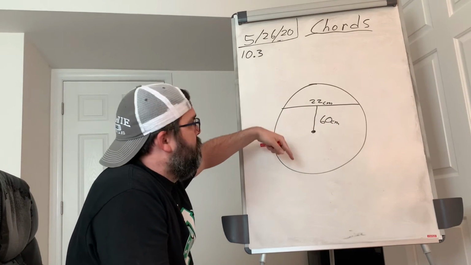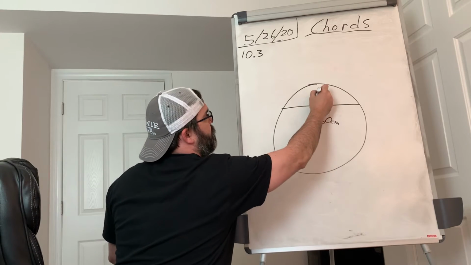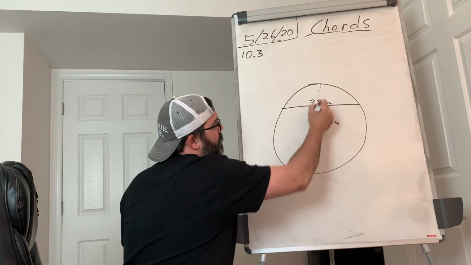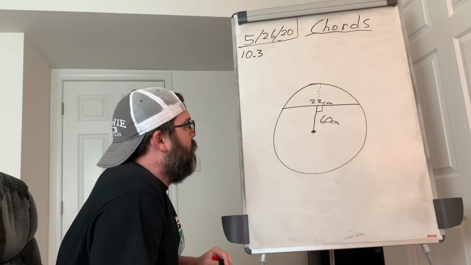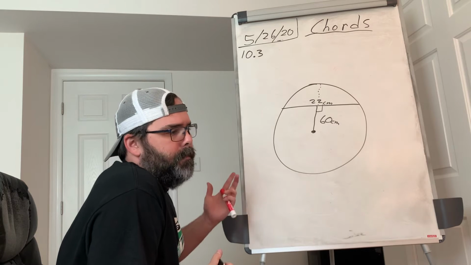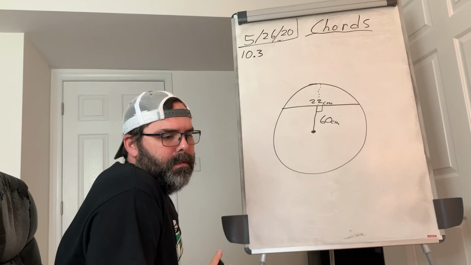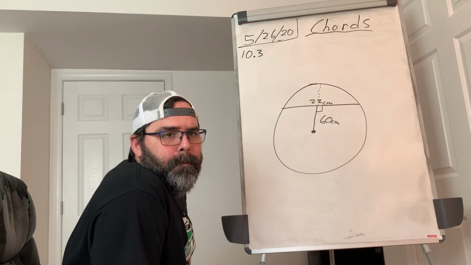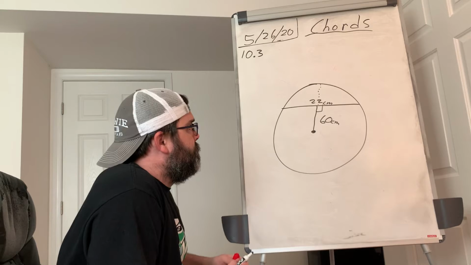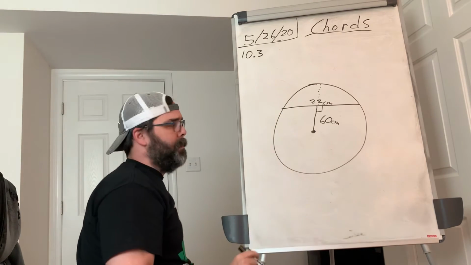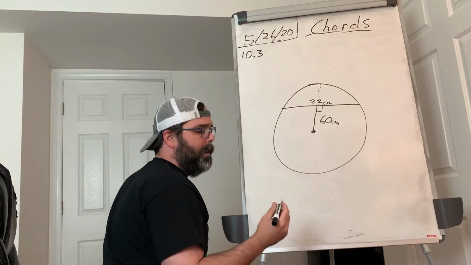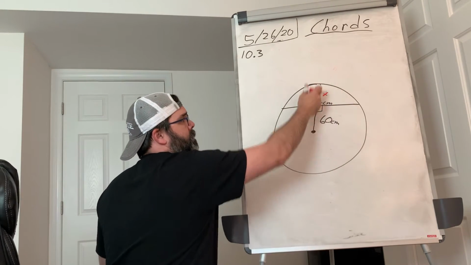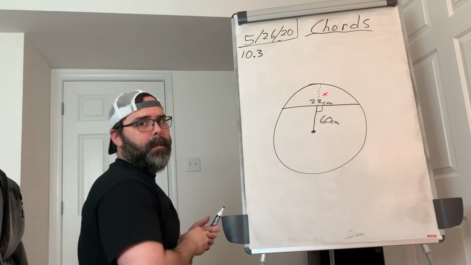This is not the radius. The radius is this plus some extra, okay? We know that this is a right angle because the shortest distance from a chord to the center would be a straight line at a right angle. What is the radius of the circle? All right, so this is all the information we have, and we're looking for the radius. So what we need to find is this, the dotted line. To do that,